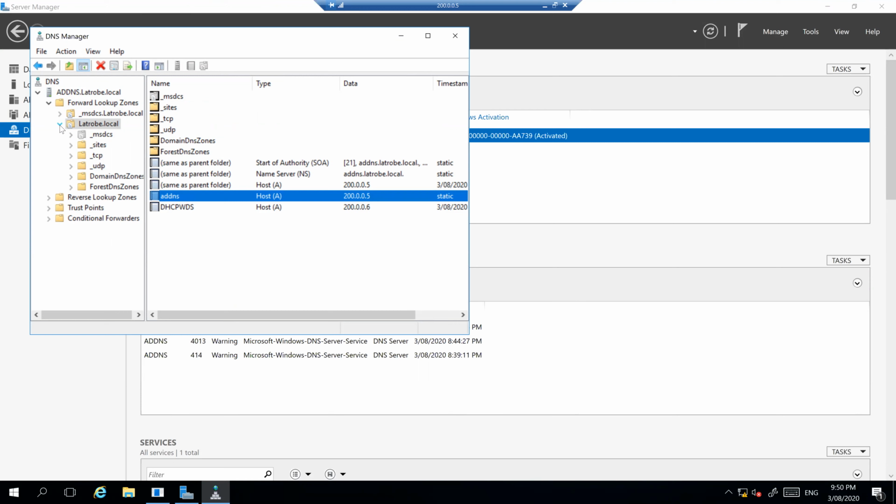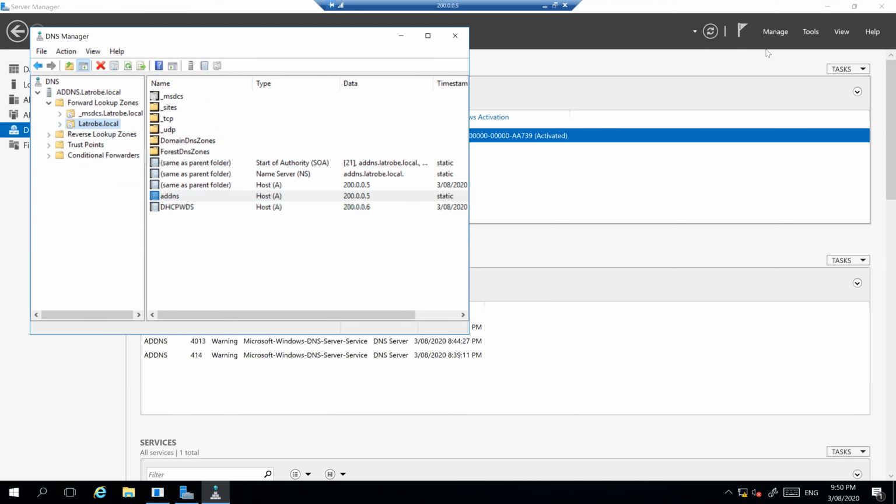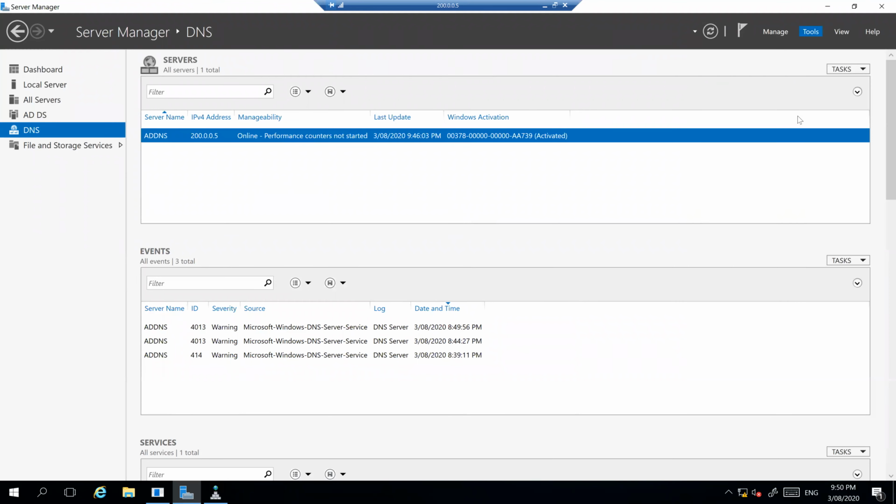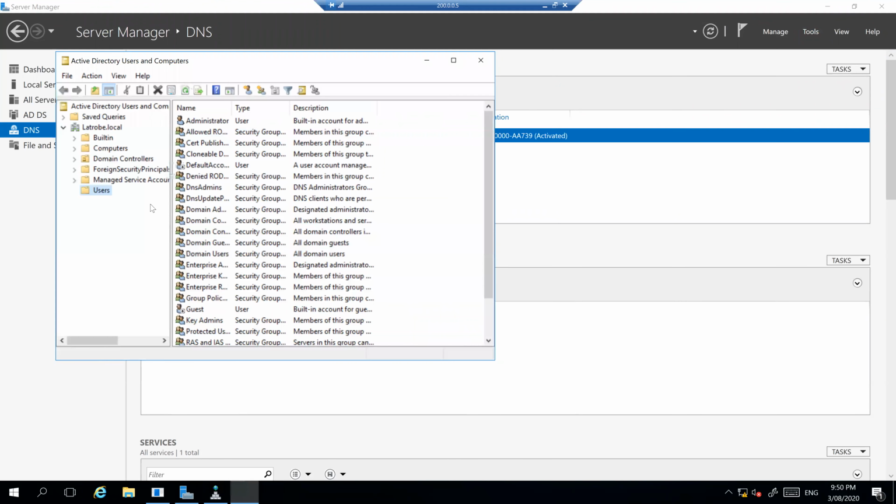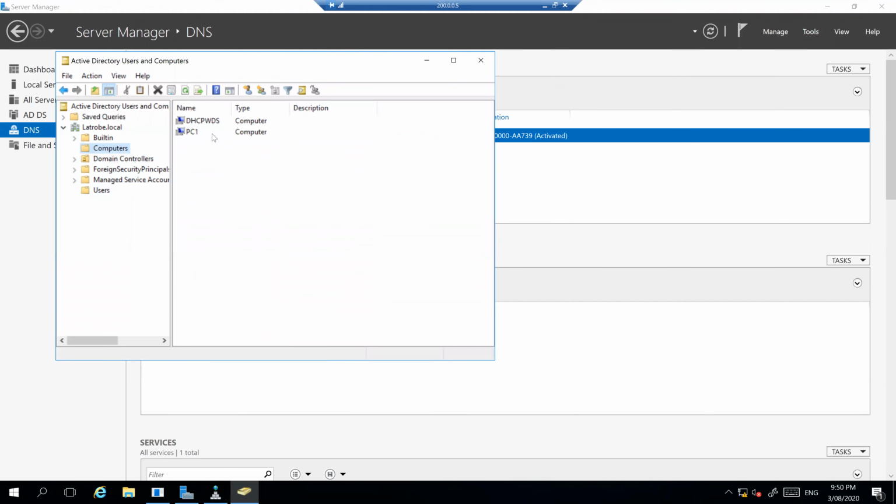Then users and computers, then I will go to computers. You see PC here. Yes. You got the PC one. So this is how you will be deploying your Windows. This is only for if you are purchasing your PCs without that operating system.